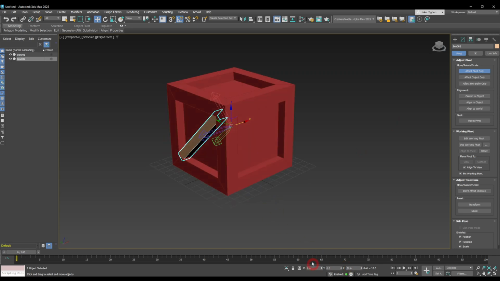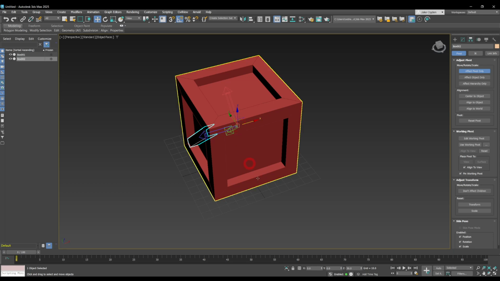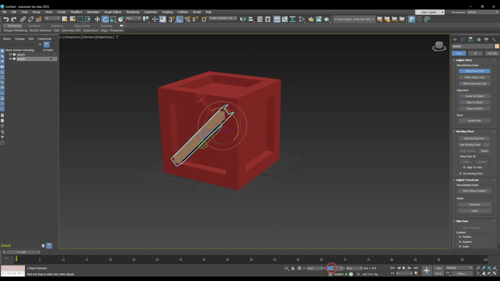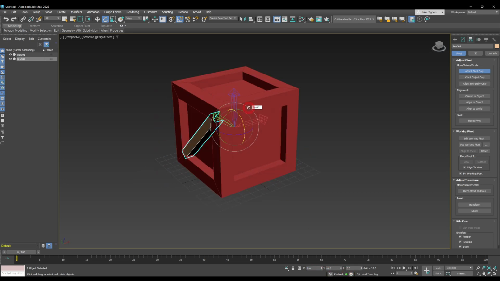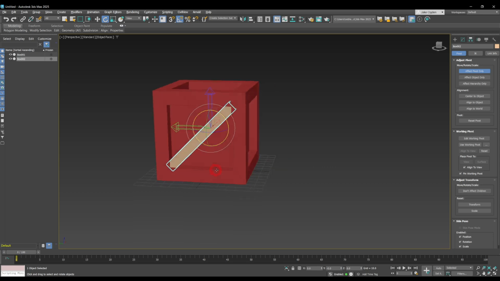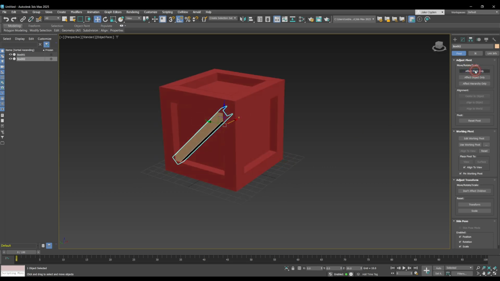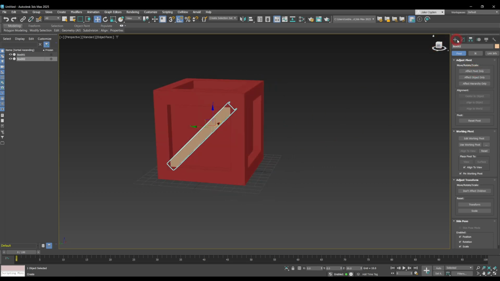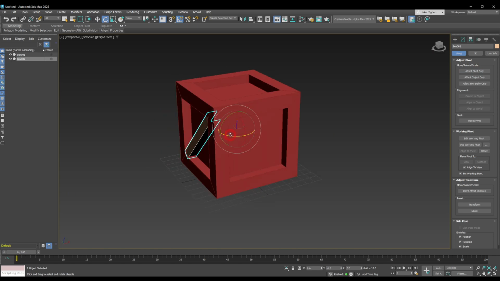so that X in this case would be at 0. We want to keep that 50 in there, but then we also want to change the rotation. So change that all back to 0, zero that all out, and then when we rotate it, it's going to be nicely around this shape. So we want to click Affect Pivot Only to take that option off, and now we can just start rotating